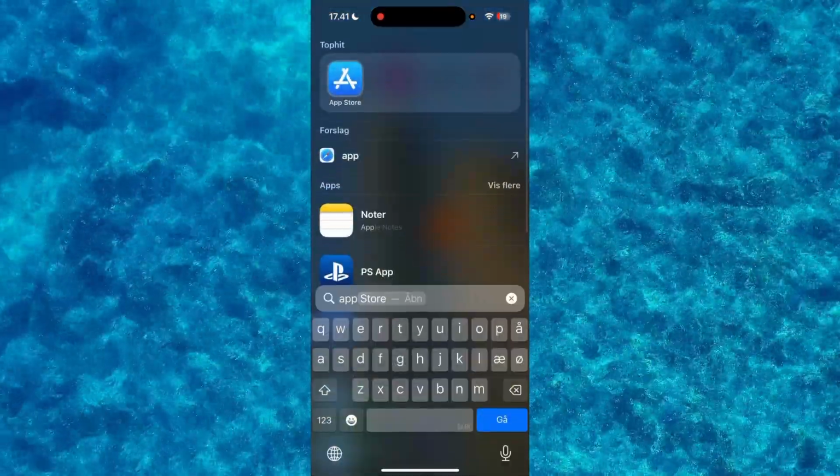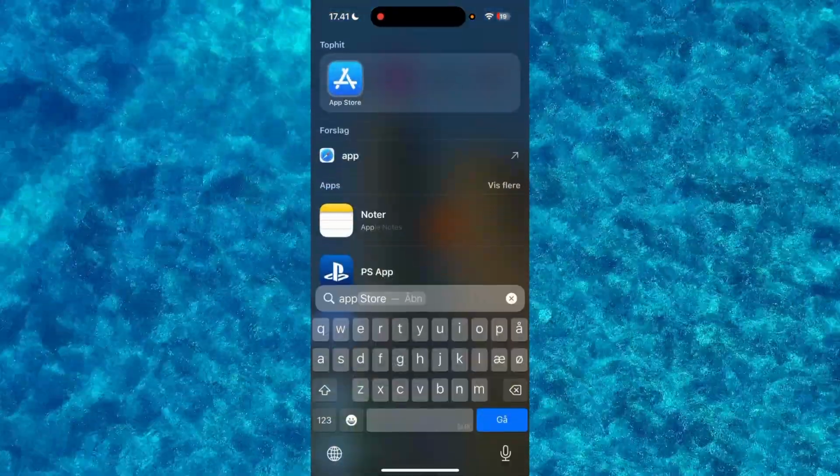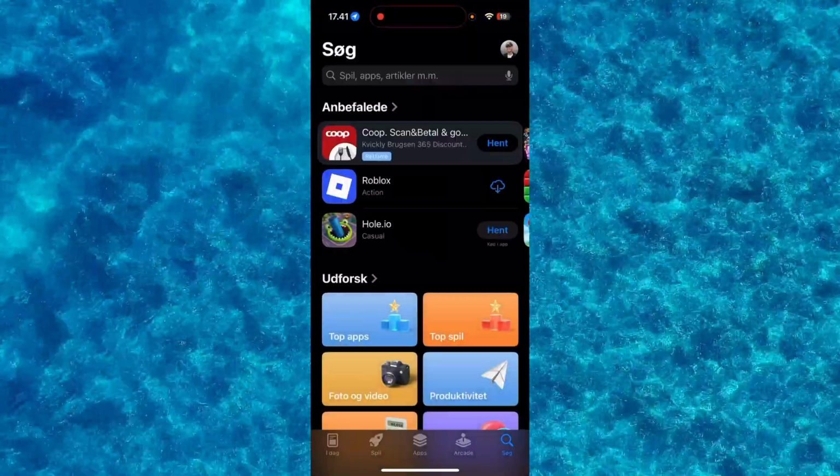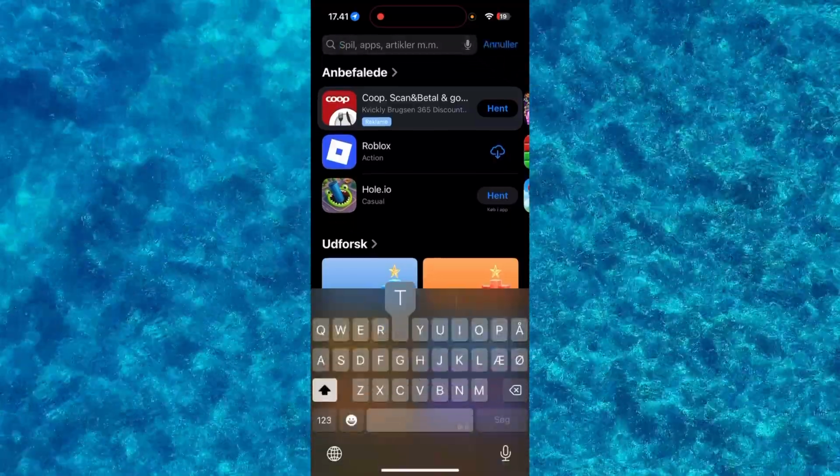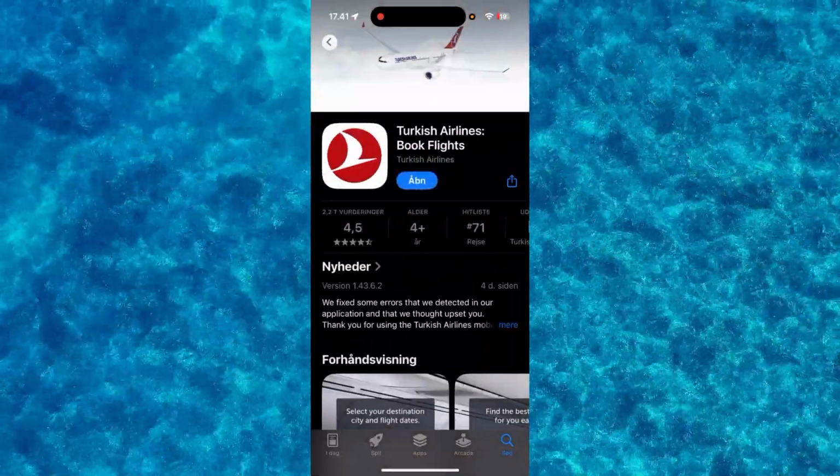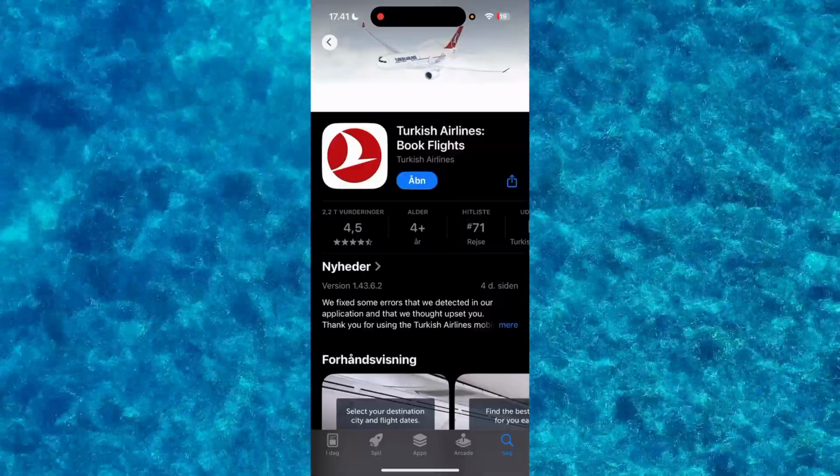Then from here, you'll need to go up to either the App Store or Google Play Store and then go into the app. From here, you'll need to download Turkish Airlines like so. The first one should be Turkish Airlines, and then you'll just need to download it and open up